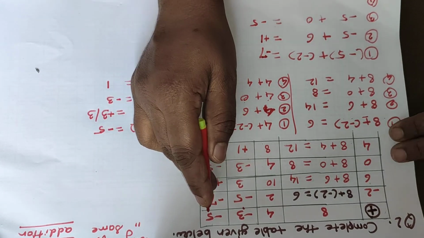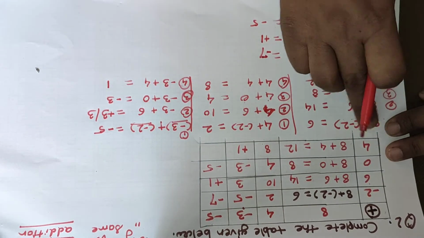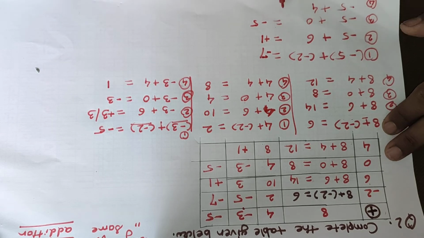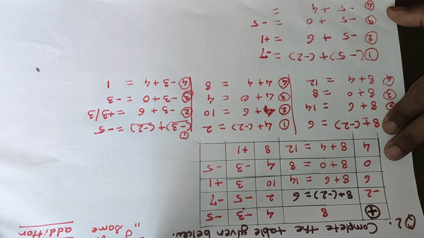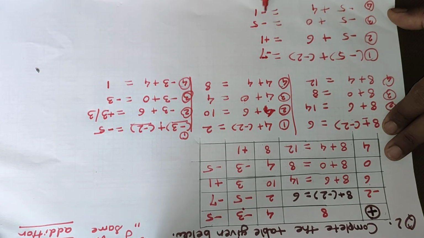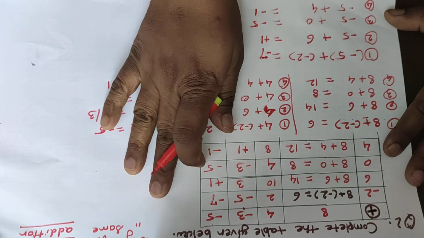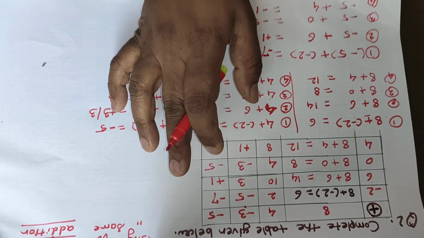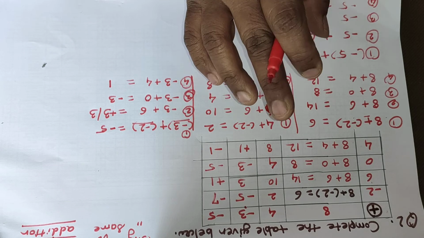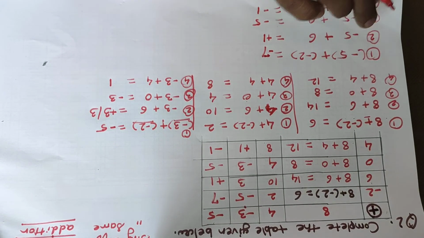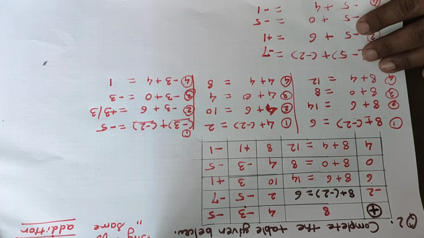Next here, minus 5 plus 4. So the bigger number is minus 5, the smaller number is 4, and the signs are different, so we have to do the subtraction. So 5 minus 4 is equal to 1, and the sign is that of the bigger number. So in this way you have to solve this box. Okay, complete the box. Today I showed you how to solve practice set number 5. Then we will see the opposite numbers and then we will stop.